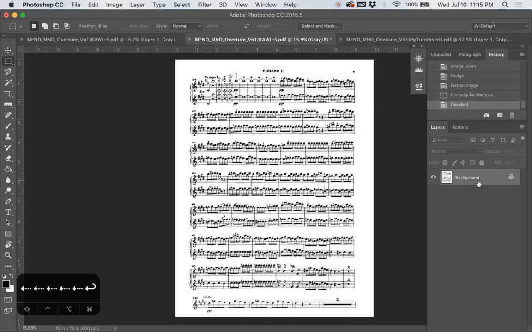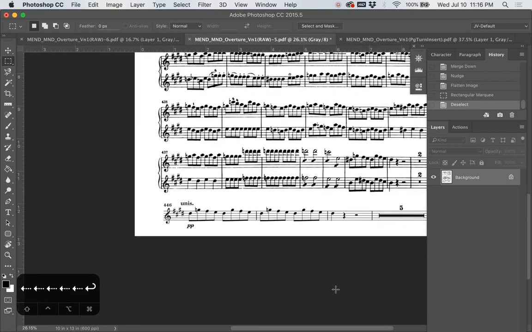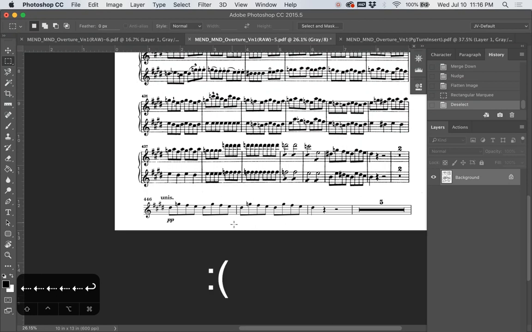So there's our background. Sometimes you actually want to keep things in layers. You may have noticed that I was working in layers up until the end when I was happy with where things were. Of course, if you look closely, you'll see that actually I probably should have had this a little farther to the left, but it's not too late to do that because what I can do now is,